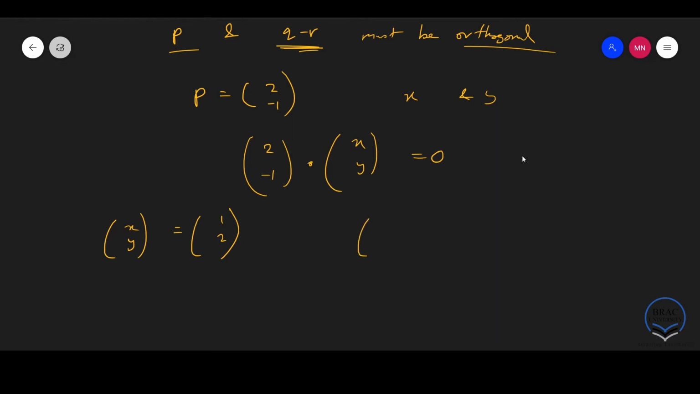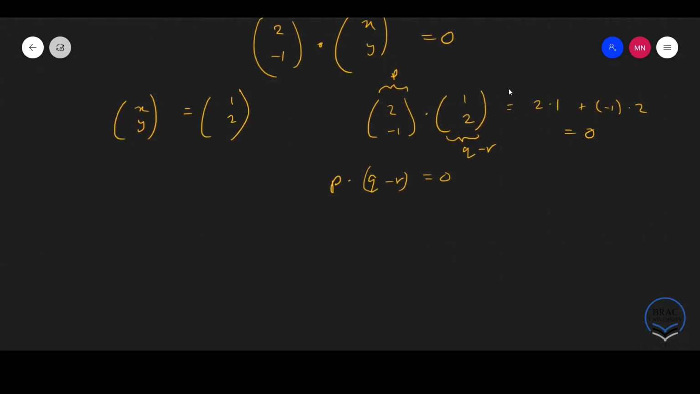If that is the case, then (2, -1) dot (1, 2) will be 2 times 1 plus negative 1 times 2, which gives us 0, right? So we know that P dot (Q minus R) is equal to 0. And since this is P, we can say that this is Q minus R, right? So we can say that Q minus R is equal to this column vector (1, 2), right? And if that is the case, then P dot Q will be equal to P dot R,